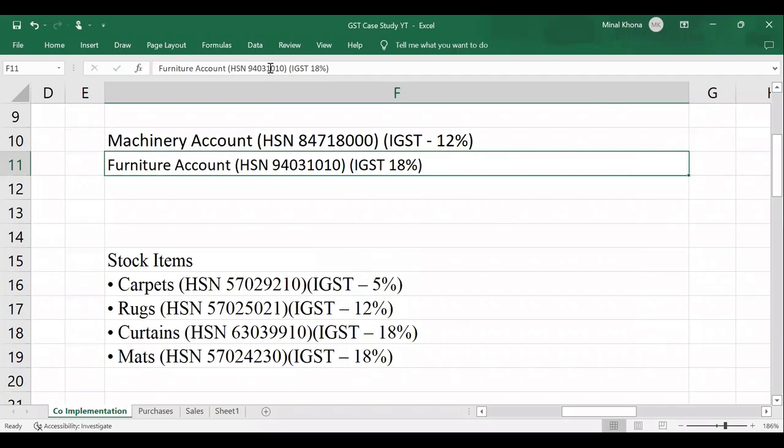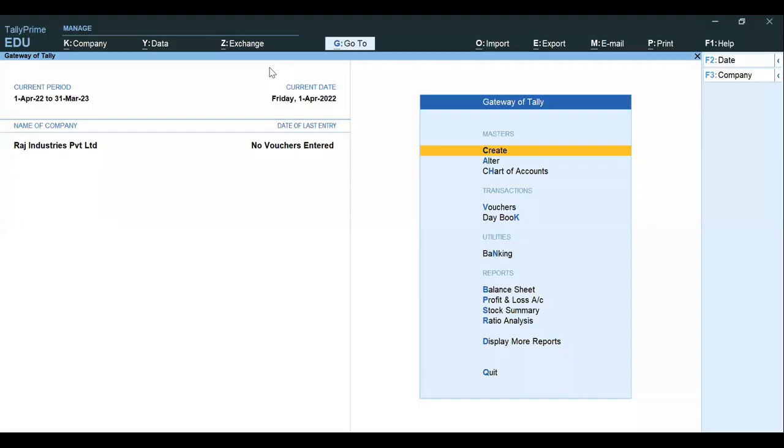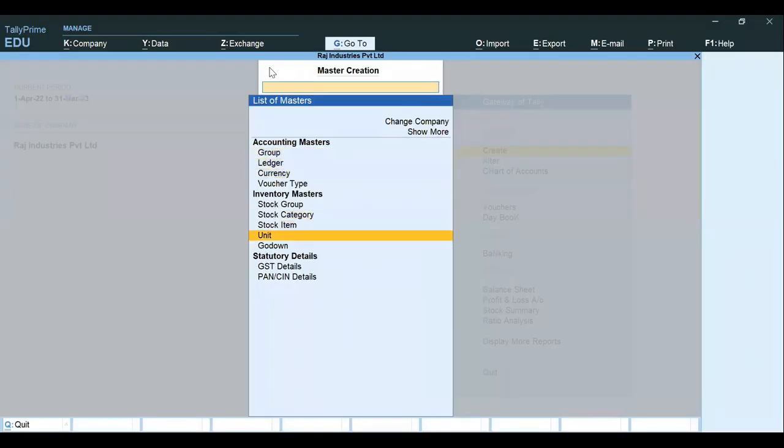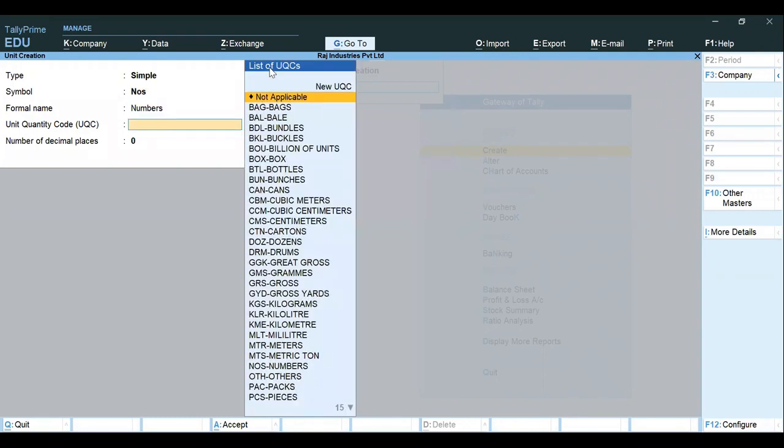Now, before we create any stock, we will have to create units. So the first thing which we are going to create is units. Gateway of Tally, Create, and here under inventory masters, I can see Unit. Now the unit which I'm going to create is numbers. All right, let's create numbers. Now in GST, UQC, unit quantity code, is a very important